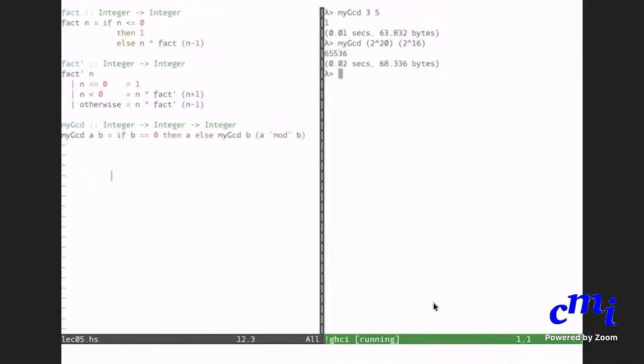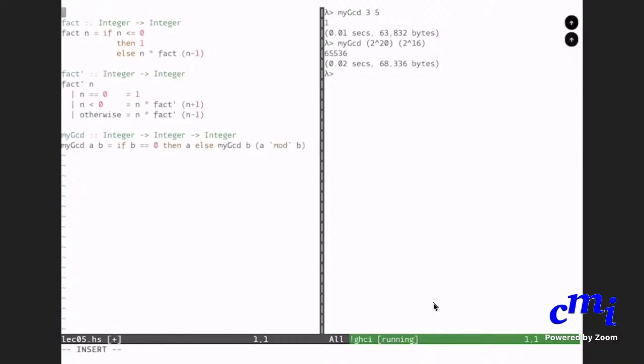But if you want to use the same name GCD, then what you can do is you can go here. There is something called import that you can do. Import will import existing libraries into your code, so that you can freely use library functions. Certain things are automatically imported, like this thing called Prelude. You don't need to do anything, but you can ask Prelude to be imported hiding certain functions. You can say hiding these.